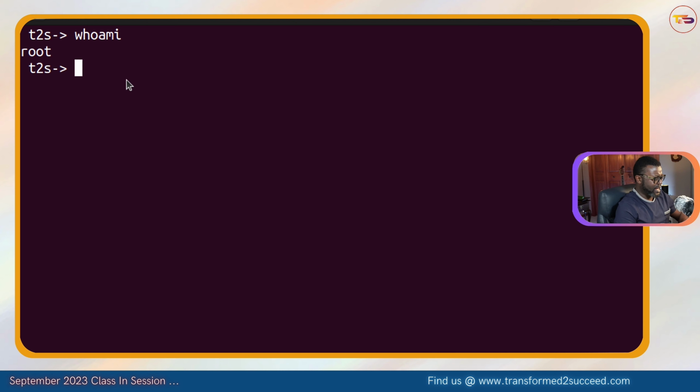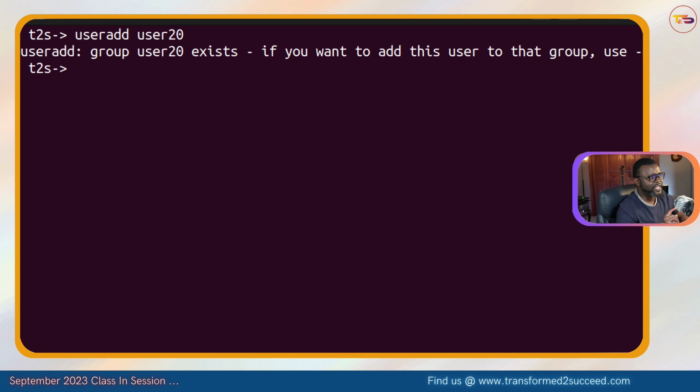So now that I know that I am root and I have privileges to create, delete, manage, or manipulate user accounts, I am going to begin by creating a user account with default attributes. We use the command useradd, and this user account I'm going to call user20. Press enter, and then here you see you have that, and that is because